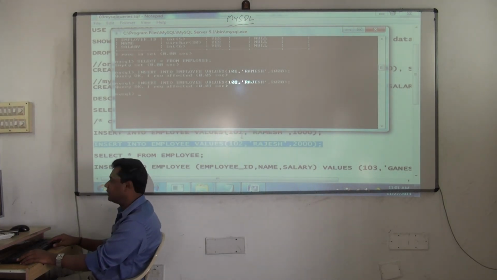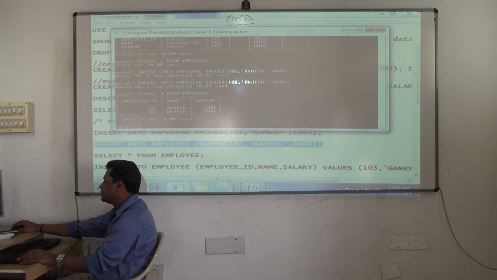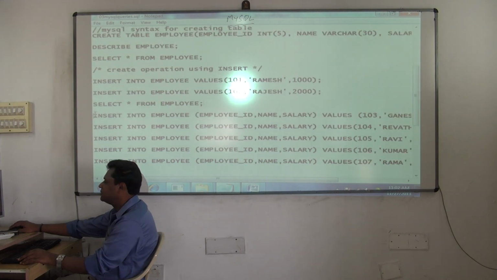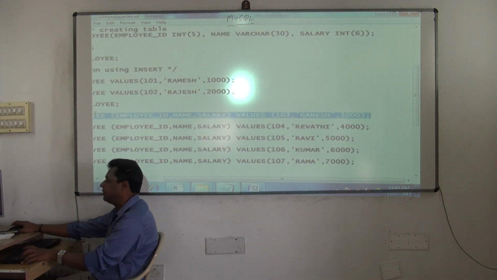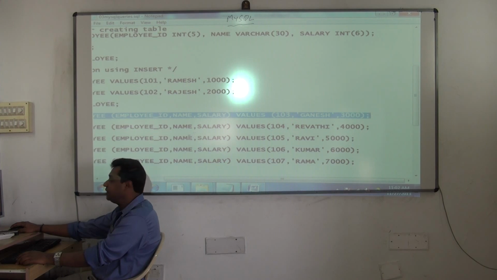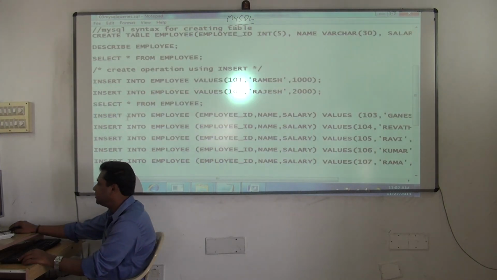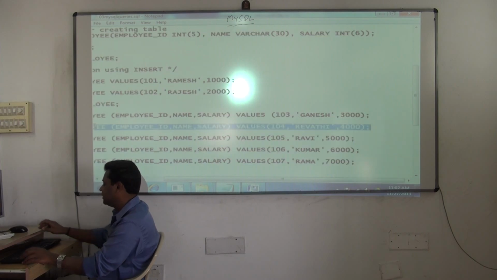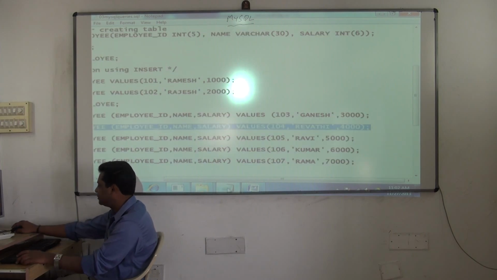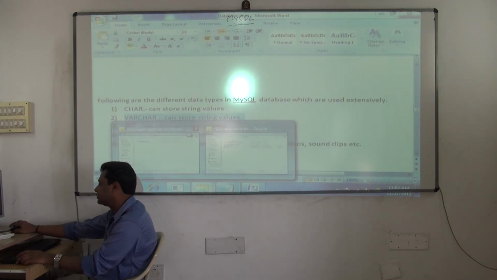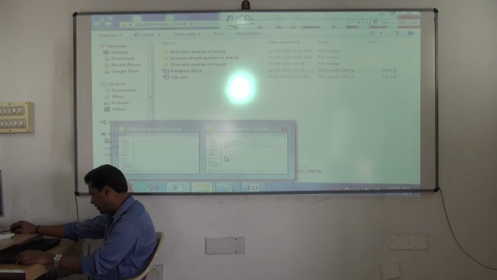So it's getting inserted. Now I'll type select star. See now, 2 rows are there. Understood? So then next, we can go on inserting more rows. This is a better way. Employee ID means mention the column names, values, and then give the values. So again you can insert. 2 rows inserted, 3rd row, then insert the same query.